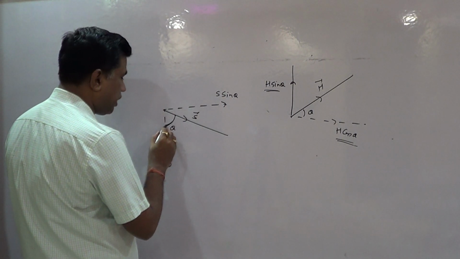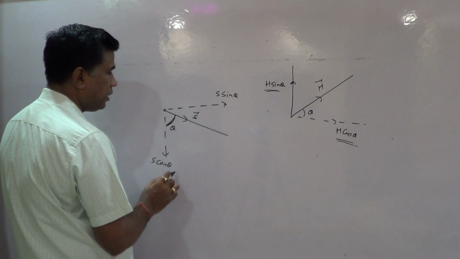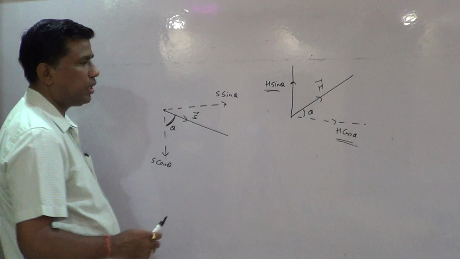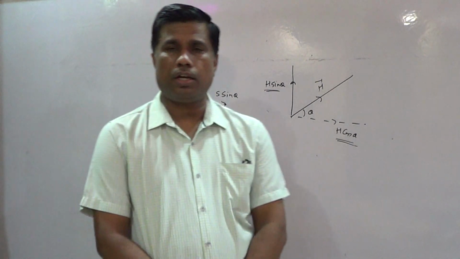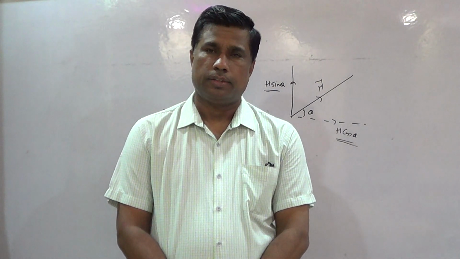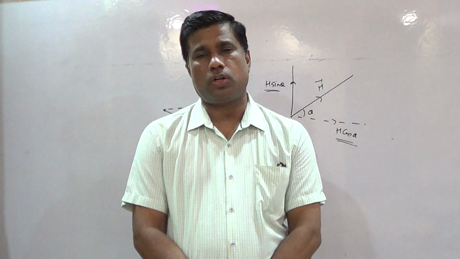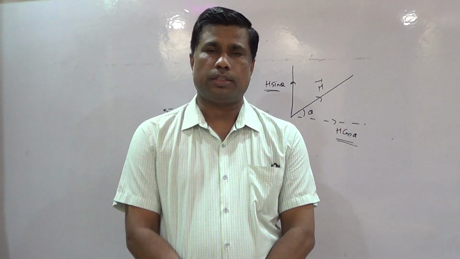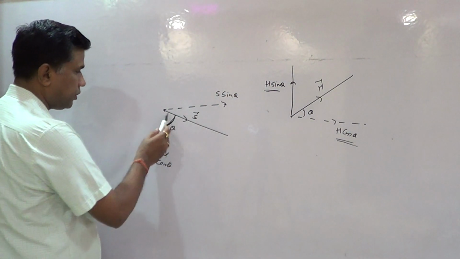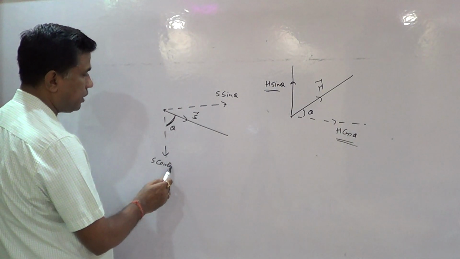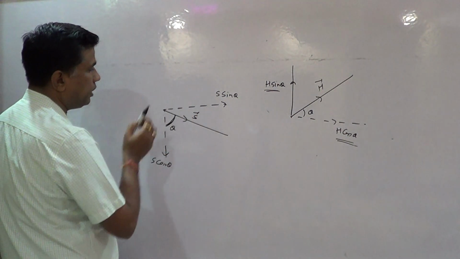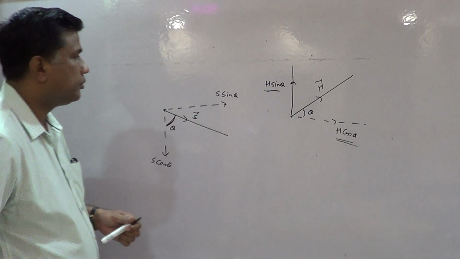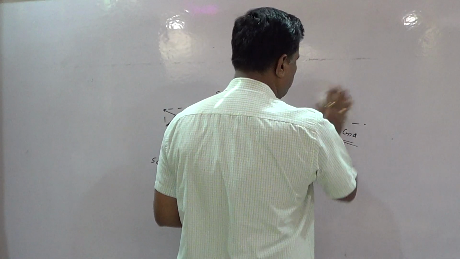Children, the side in which the theta angle is in contact, there we write cos theta, and exactly perpendicular to it we write sin theta. So this is the way we can take the component of a vector along two perpendicular directions. The side in which angle theta is in contact, there cos theta, and exactly perpendicular to it take sin theta. So see, s has component s cos theta and s has component s sin theta perpendicular to this side. You can write it.